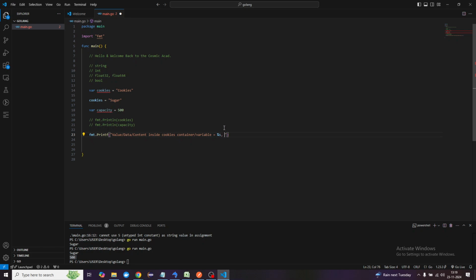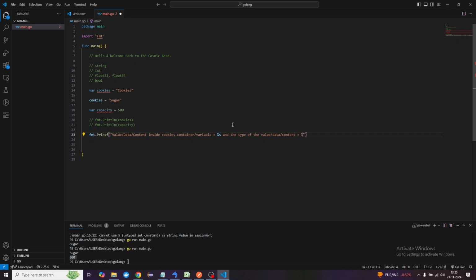So next, the type of the value or data or content is going to be something. It can be string, it can be integer, it can be float. Of course we didn't see float, we'll see that next. So here I'm going to say we are not sure about the exact value, so